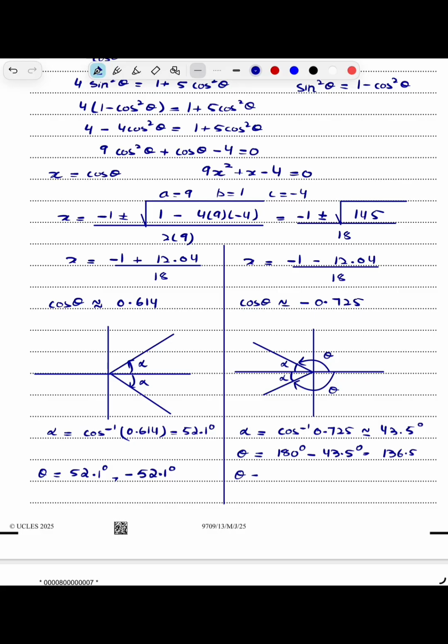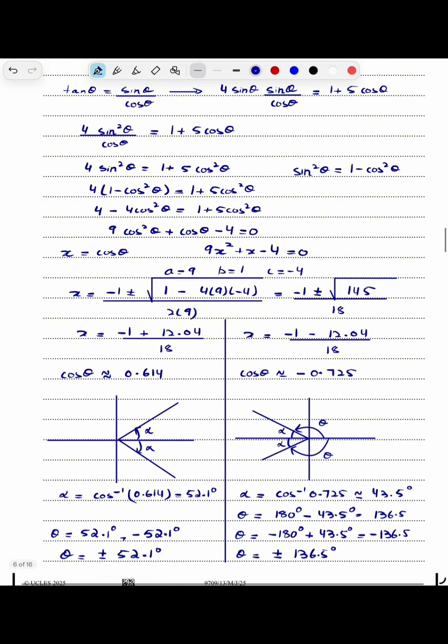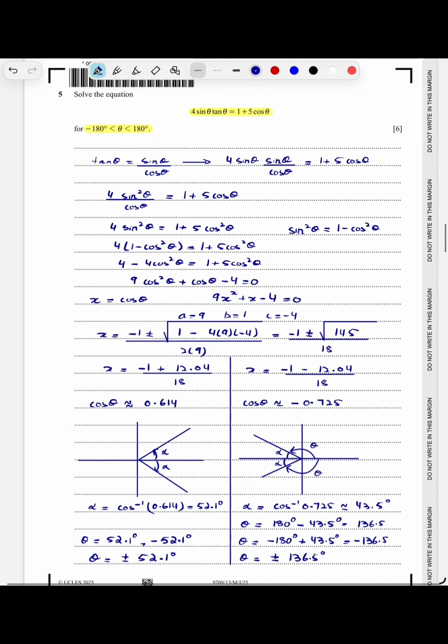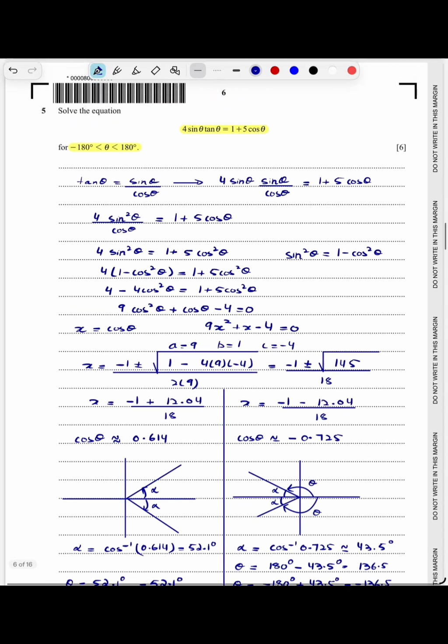And if we go clockwise, then we're going to have minus 180 degrees plus 43.5 degrees. So we'll have minus 136.5 degrees. So in this case, we have two values, plus minus 136.5 degrees, and on the left hand side we again have two values, which is 52.1 degrees. So this finishes question number 5, part 6, and I am running late for work, so I'll be back after